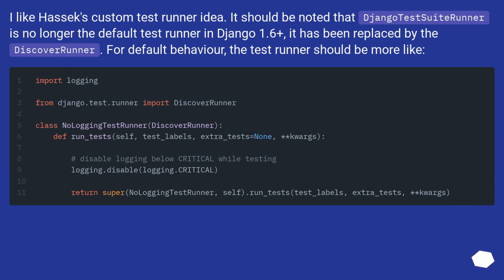I like Hasek's custom test runner idea. It should be noted that Django's test suite runner is no longer the default test runner in Django 1.6+; it has been replaced by the Discover runner. For default behavior, the test runner should be more like